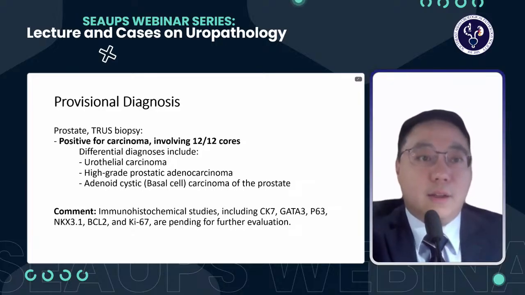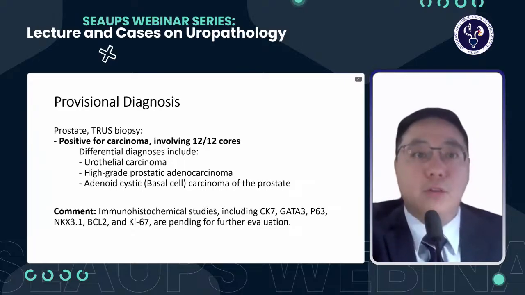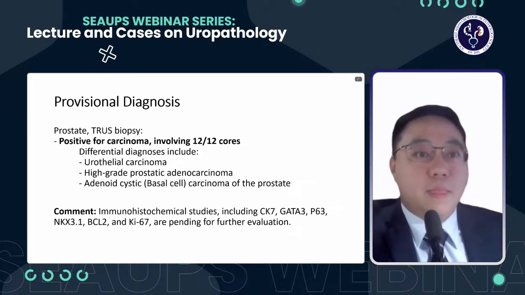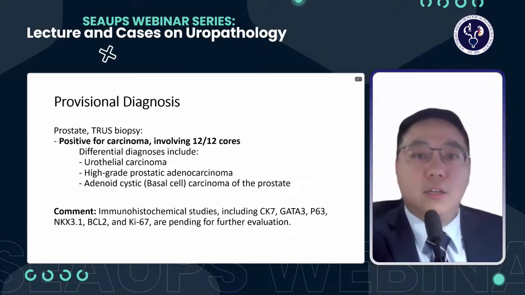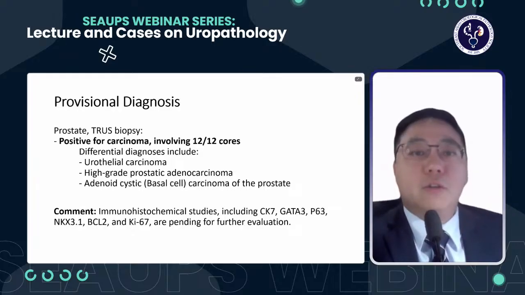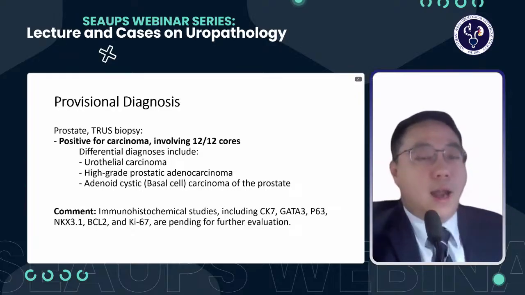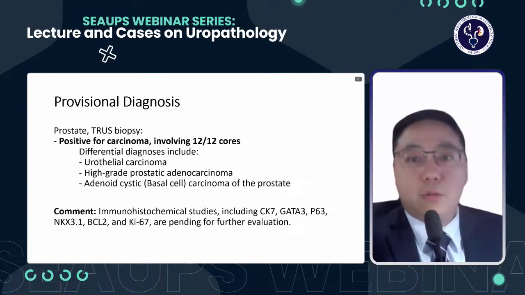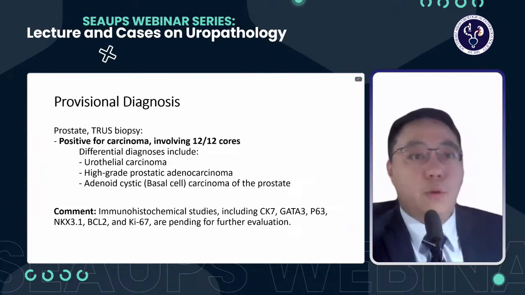we gave the differential diagnosis, which included urothelial carcinoma since the patient had a history of hematuria. The second one is high-grade prostatic adenocarcinoma, and the last one is adenoid cystic carcinoma of the prostate, or basal cell carcinoma of the prostate. And comments about the immunohistochemical study, including CK7, GATA3, P63, NKX3.1, BCL2, and Ki67, are pending